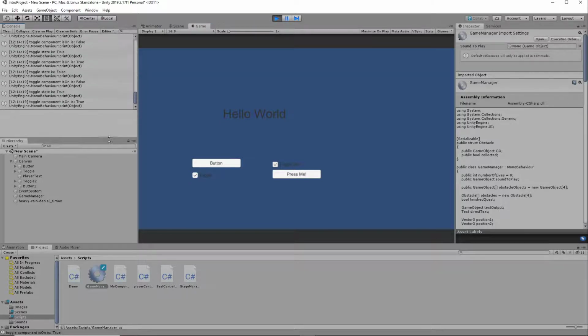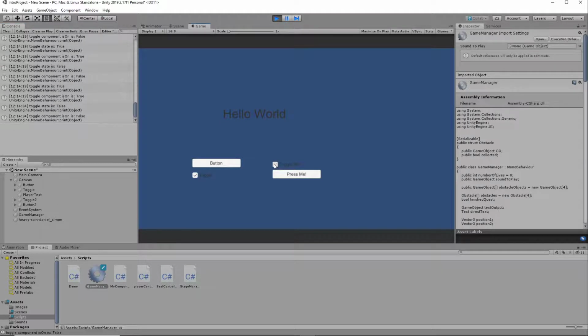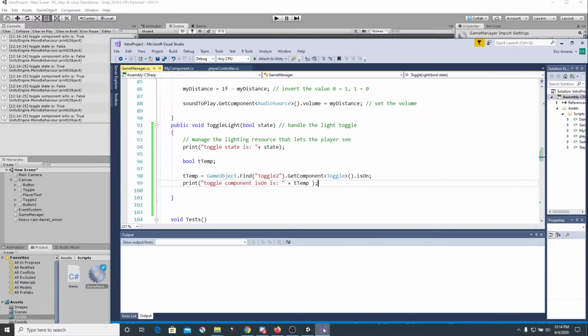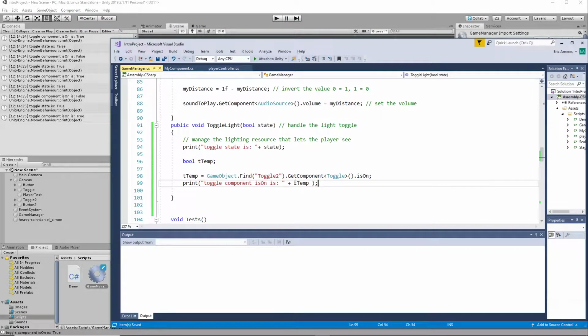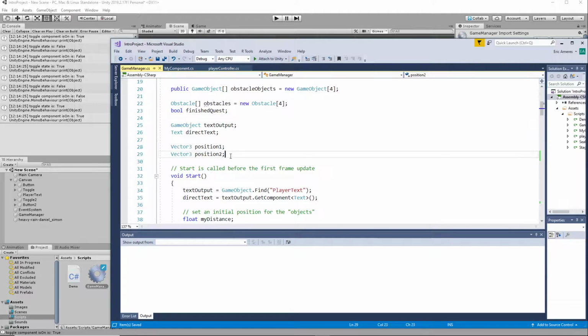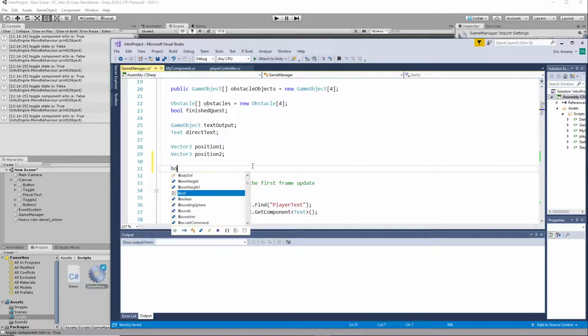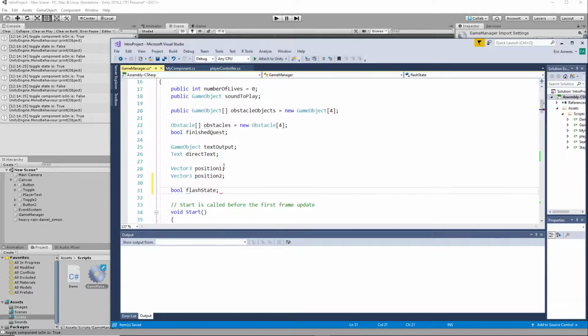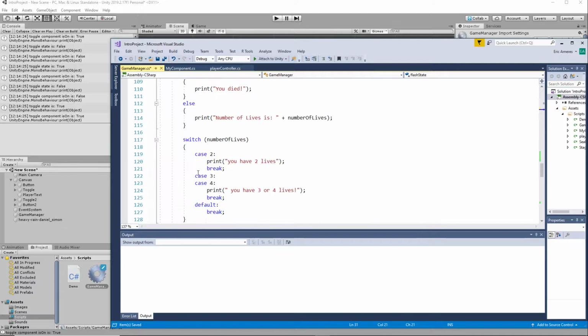So, why did I tell you that? Why did I point that out? Well, you may very well want to reference that from other portions of your code. So you could have the option where you could say, all right, when this toggle light function is called, I set some value. And I would set the value in my class to be bool flash state, for example. And then I would say, okay, when it changes,